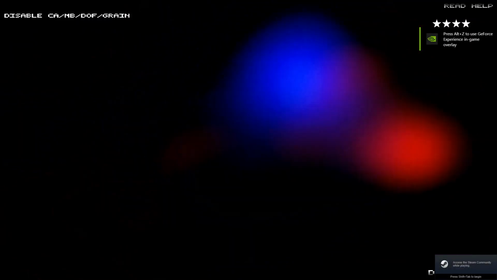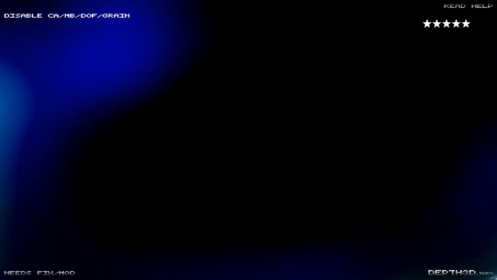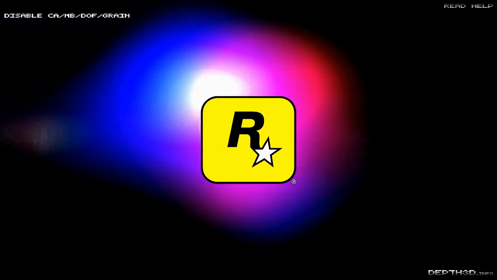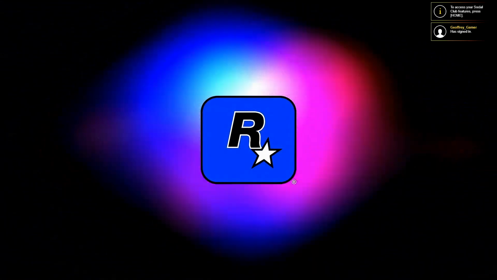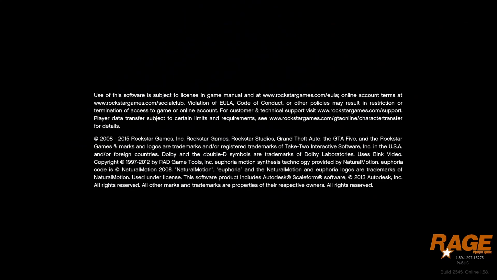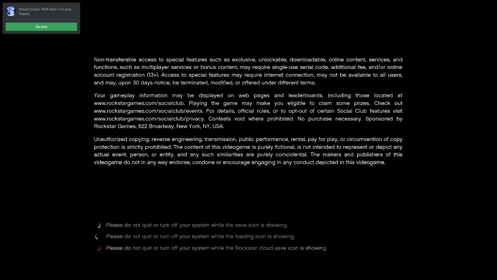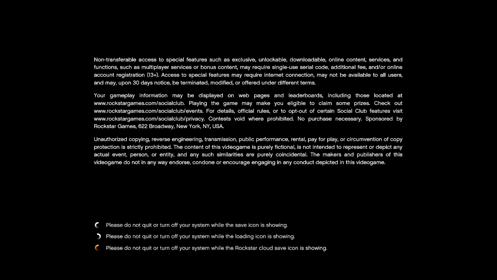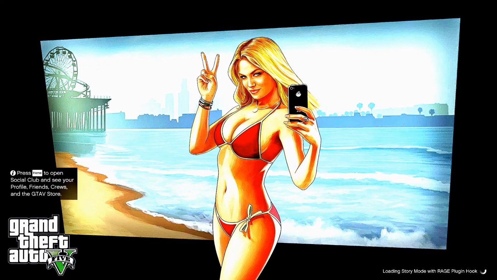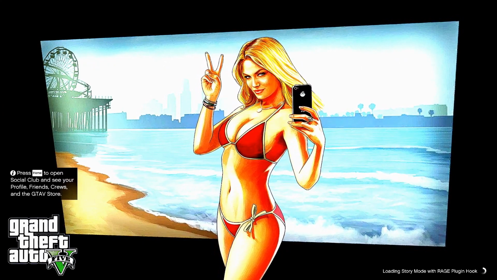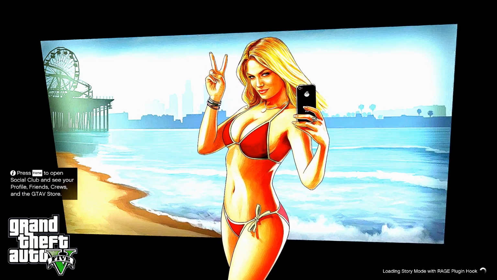Again, I'm doing a fresh install. I always do a fresh install after these damn updates. I don't know what that disables CR. What is that? It probably has to do with reshade. Yeah, the game just never runs the same after these updates. Even when everything's updated, you know, LSPDFR, ScripthookV, Rage, even with those being updated, just weird things happen in the game that I notice, and I usually just go ahead and